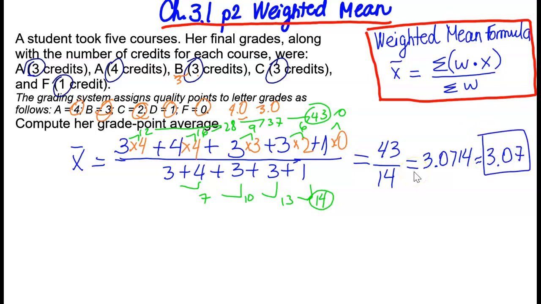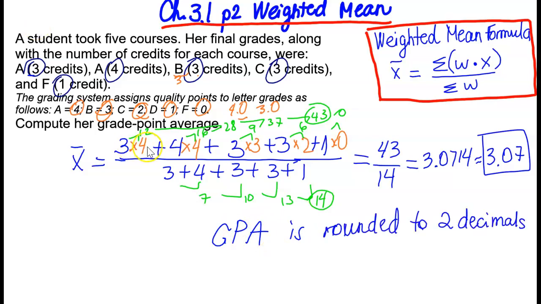And I promised you to explain why I pointed out that the grades have 1 decimal. Remember, mean, median, and mid-range are rounded to 1 more decimal than the original data values. GPA is always rounded to 2 decimals because the value of the category is 4.0, 3.0, and so on. Some institutions have grades A plus, A minus, B plus, B minus, and so on. Those plus and minus grades vary slightly from this decimal point. That's why GPAs are always rounded to 2 decimals.